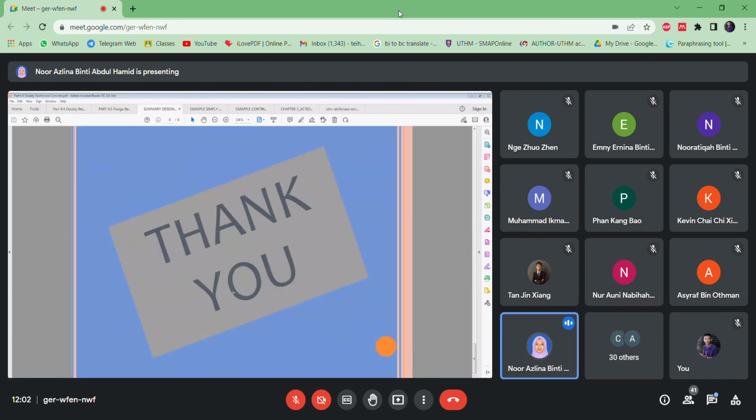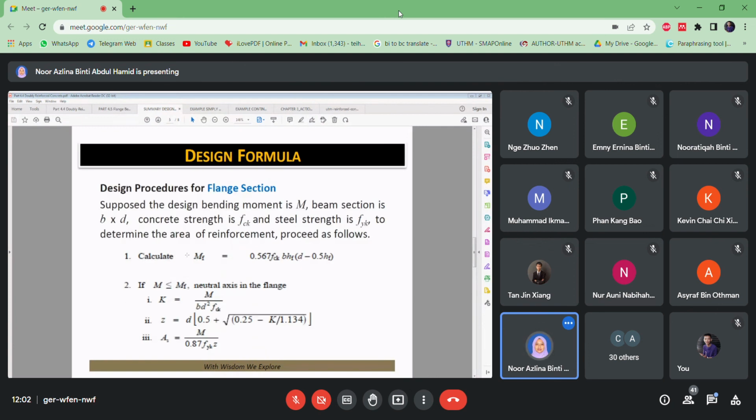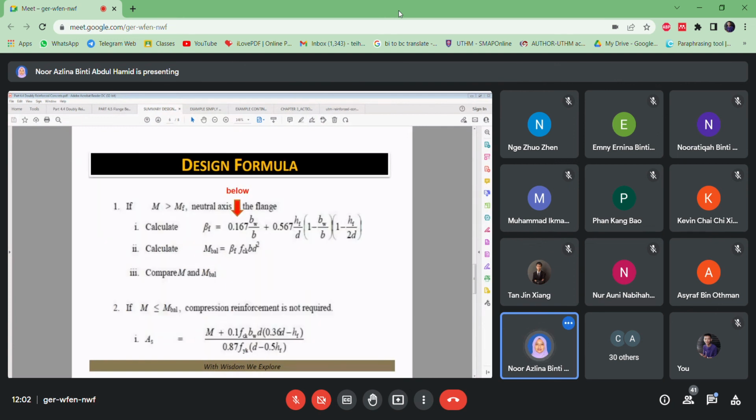Senang je guna equation everything, but you need to understand first lah which actually conditions of your beams, okay, either rectangles or flange. Kalau rectangle ke flange ke, sama ada single reinforcement or double reinforcement. Kalau flange, dia ada condition, neutral axis lies in the flange or neutral axis lies in the web. Okay, so